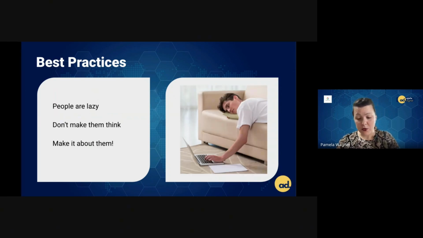Now, with landing page best practices, you've got to consider that people are lazy, right? So whenever we have an ad, we don't want to make them think, right? So let's assume we are having a lead gen campaign. And in that lead gen campaign, I would not even so much talk about the product that I'm selling, if it is for an e-commerce business, but I would talk about the thing that they get when they sign up for my email list. And typically in such an ad, we're not going to say, sign up for my email list. Typically, we would have something like a freebie, like a 10-step guide, a 3-step guide, a 5 secrets guide,